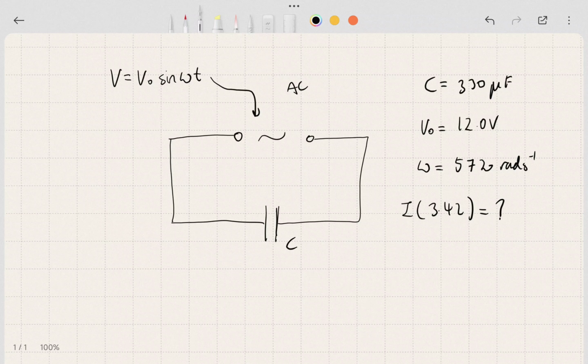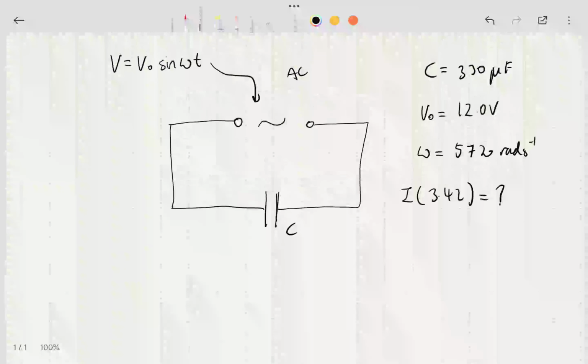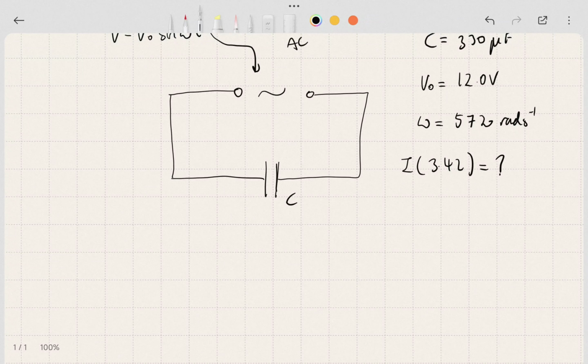The one that I'm going to use is to think about the fundamental situation of what this circuit entails. If we think about the most fundamental ideas of what a capacitor is, we know that capacitance is defined as the charge per unit voltage,